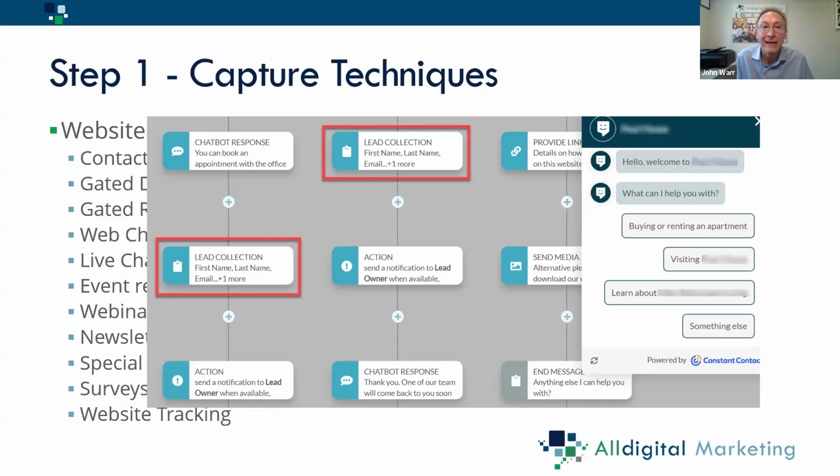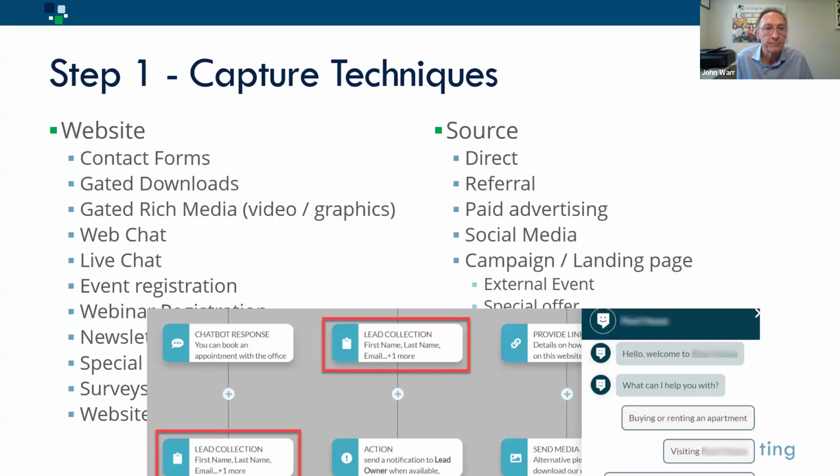At that point, you should collect their details. What's their name? What's their email address? Let's get the information through. So you should be using things like your chatbots and your live chat to be able to capture information. And we have lots of stats on it. You see at least a 20 to 25% increase in the number of leads that you can get through a website just by bringing in a well-orchestrated and well-delivered chatbot.